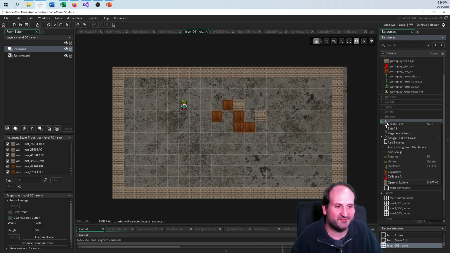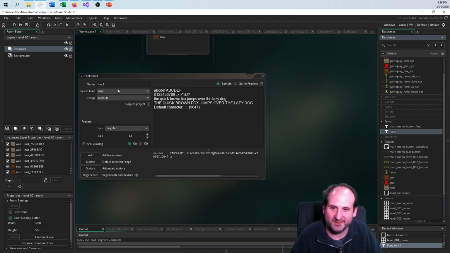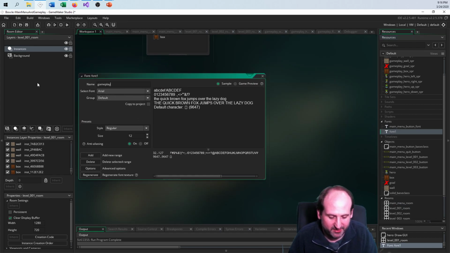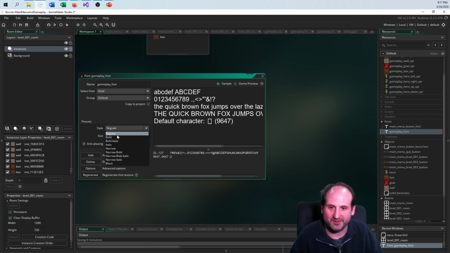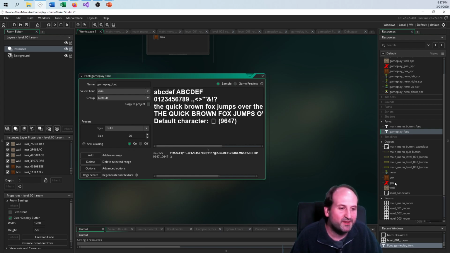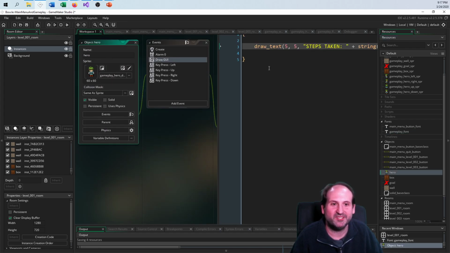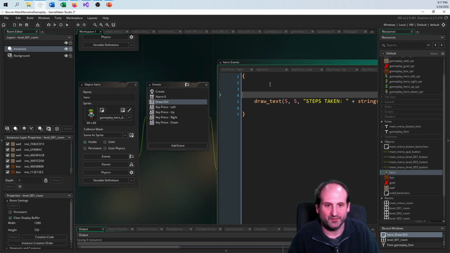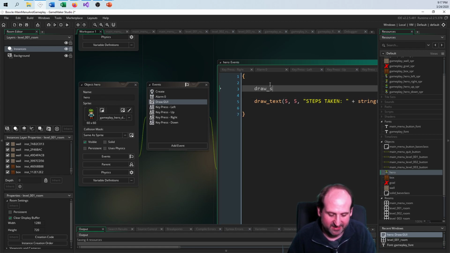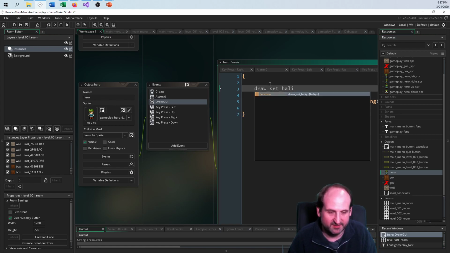Shoot, I guess I'll have to create a font real fast. I'll just use Arial, and I'll call it gameplay font. Arial 20, just use Arial 20 bold. I don't know, just whatever, just something to have it. So now in my hero, when I draw the text, I can say draw set H-align, because I want